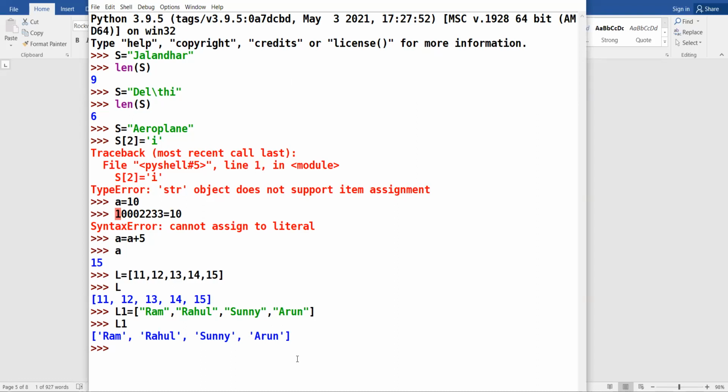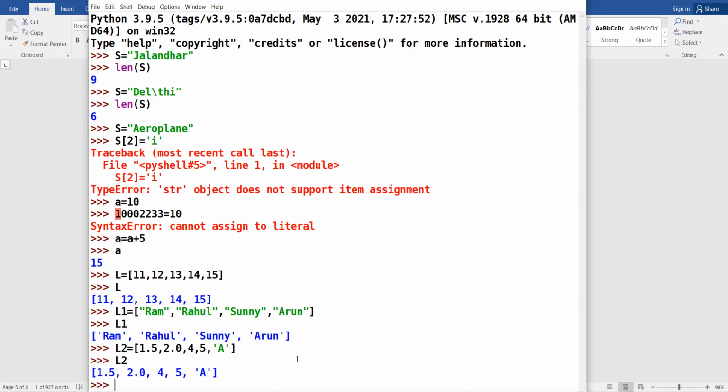You can take mixed values also. 1.5, 2.0, 4, 5, letter A. See here. So by this example, the definition, the meaning is totally clear.